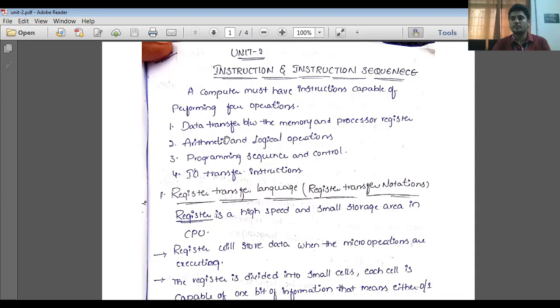Whenever an instruction is split into micro operations, these micro operations are stored in the registers before going to the ALU or the processor. So a register is a temporary, small, high speed storage area.